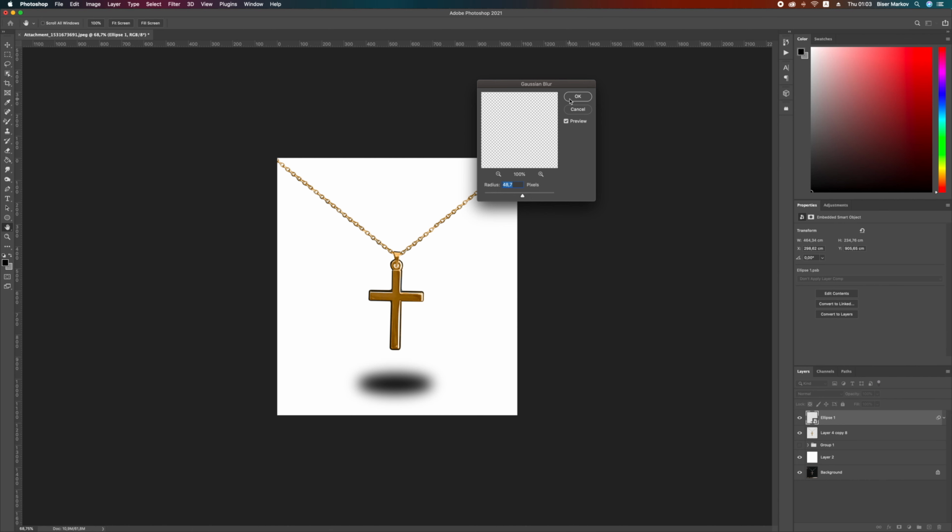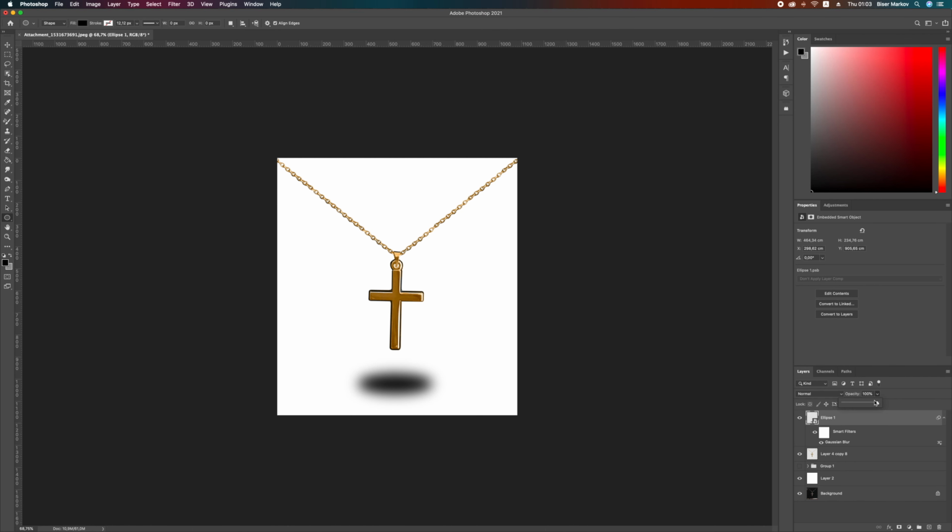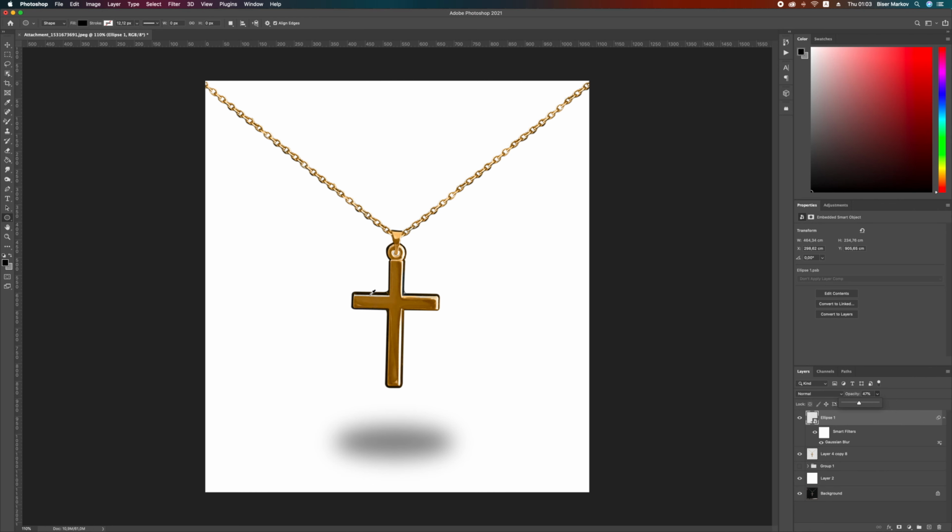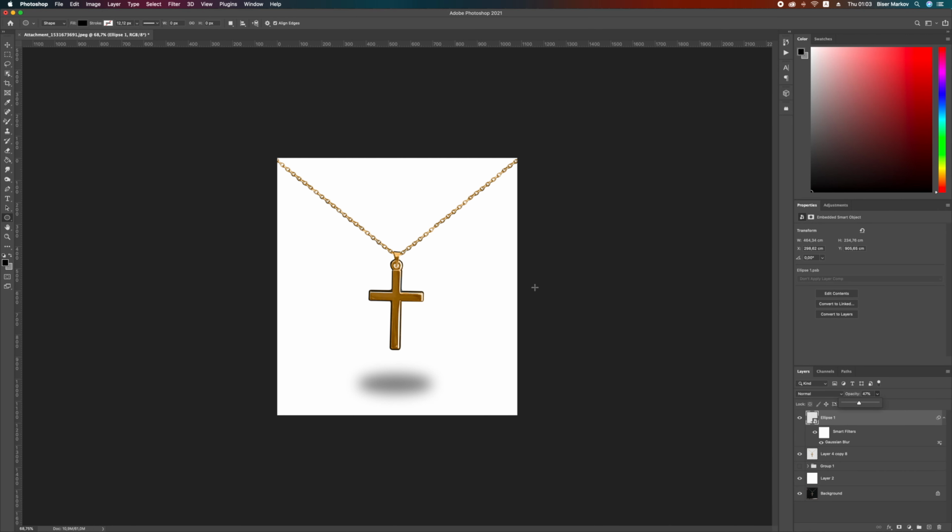Increase the radius from here, and now just lower the opacity. Like this. Now, this is the before and this is the after.